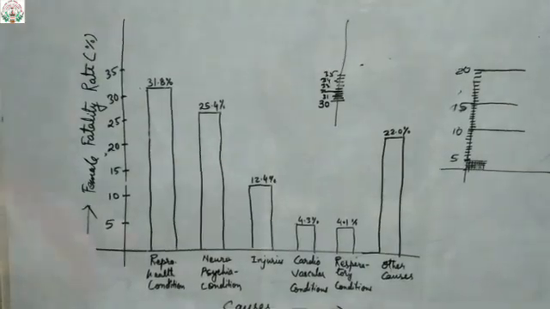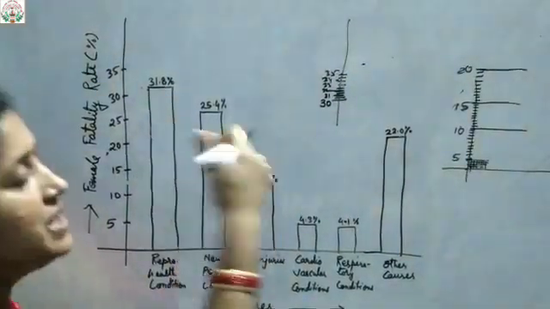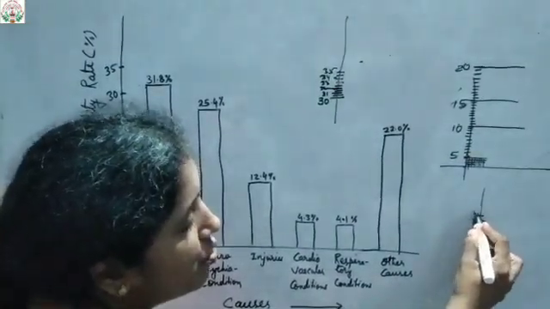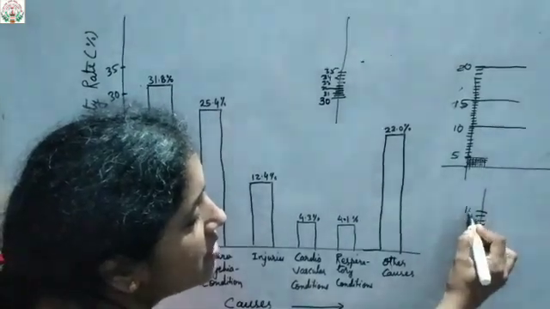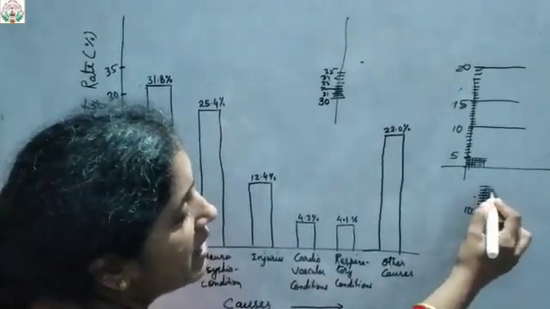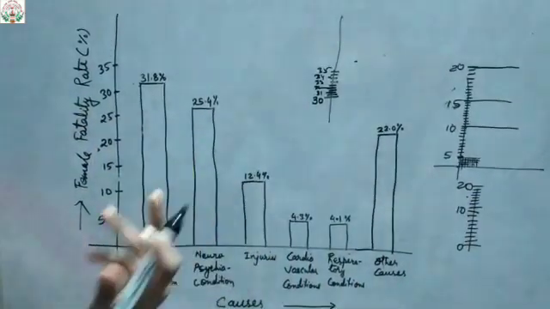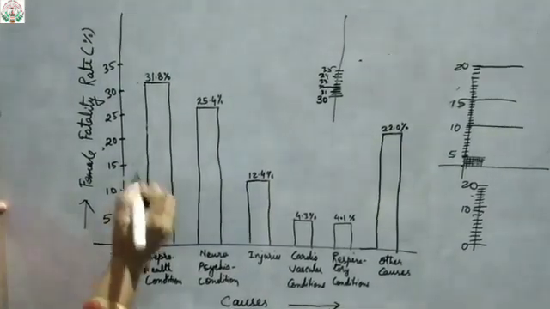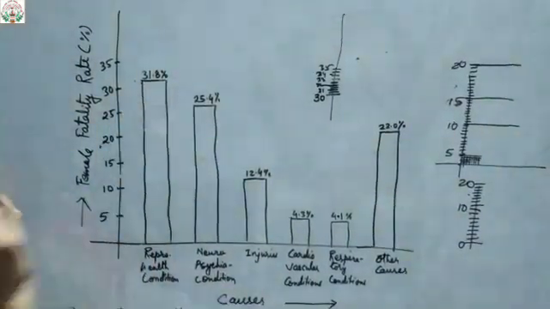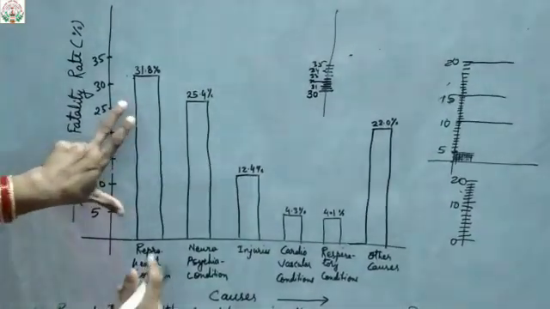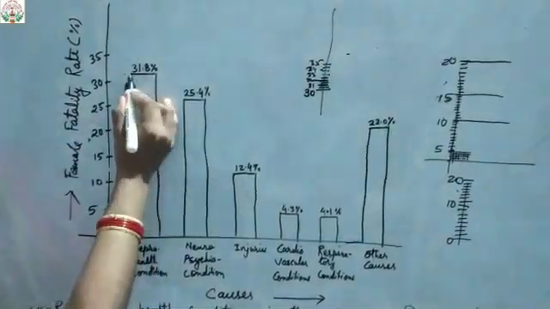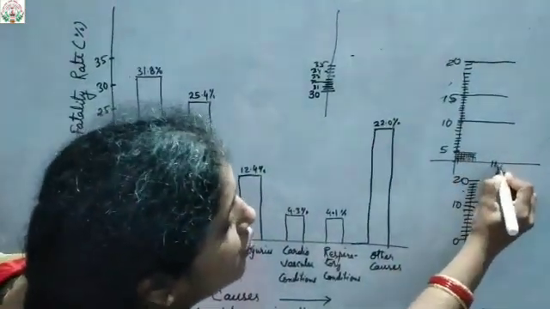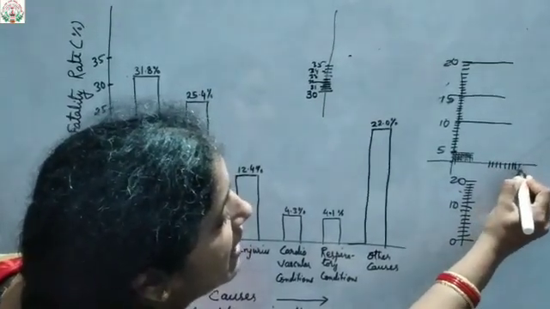If you find it difficult, what will you do? The easy way is simply one line, take one box. 10 you took. So from here, start with 10, then again 10 lines, then 20. So it will be easy for you to count. So 31.8 means approximately 32. Circle it, and from that point start making the bar graph with the scale. Remember, keep the scale straight and draw the line. Then take this width 10 centimeter, with the small lines you have made. Likewise 1, 2, 3, 4, 5, 6, 7, 8, 9, 10.